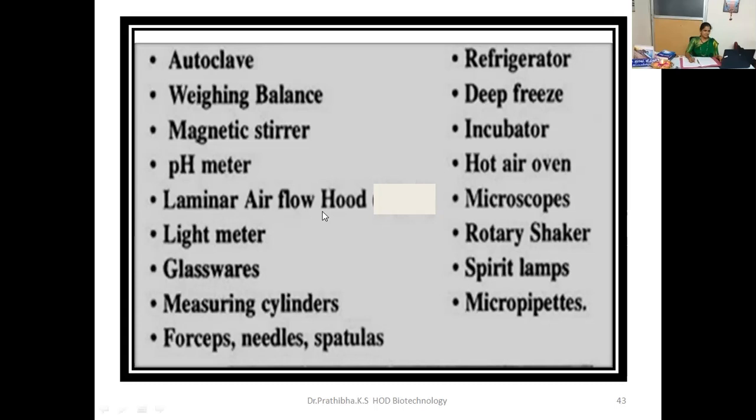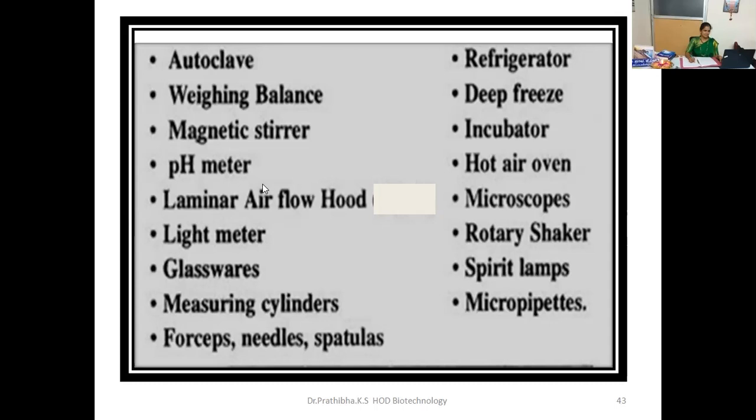Now coming to the laminar airflow, we are going to place that in the culture transfer room. Wherever you place this particular airflow, we can say that is the aseptic chamber. In this laminar airflow, you can find the UV light, and another one, the ordinary tube light. While working, you need to switch on the ordinary tube light, and before working, you need to switch on the UV light for 10 to 15 minutes for the surface sterilization of the working platform of the laminar airflow.